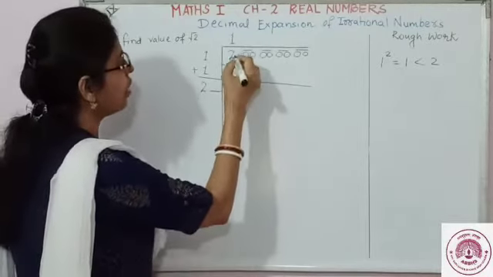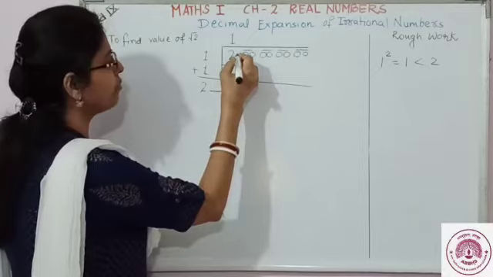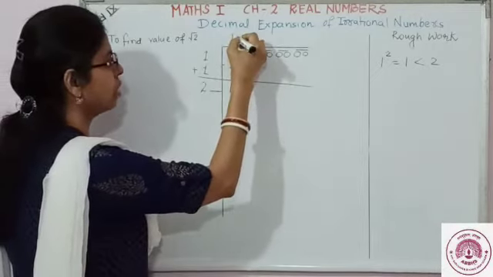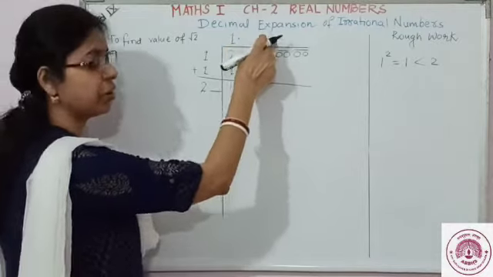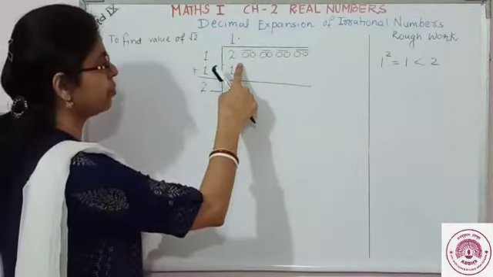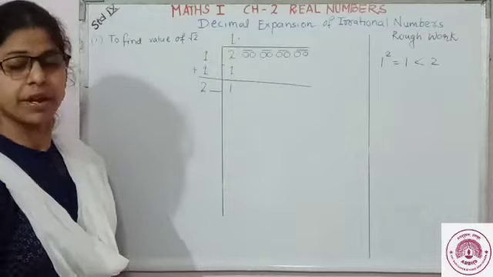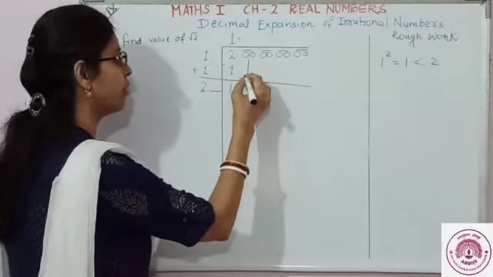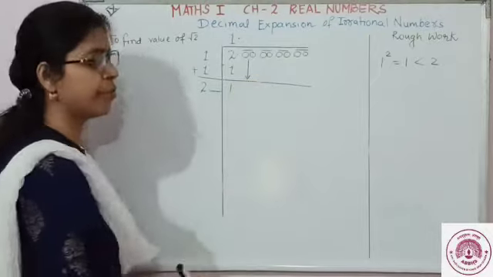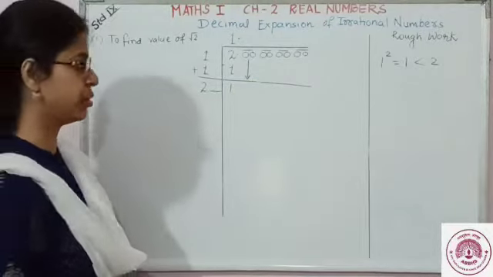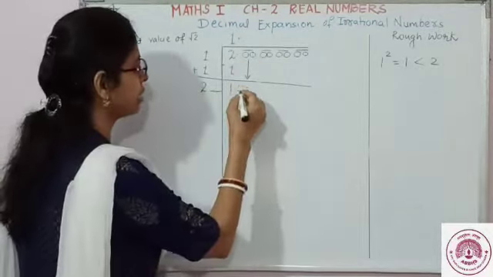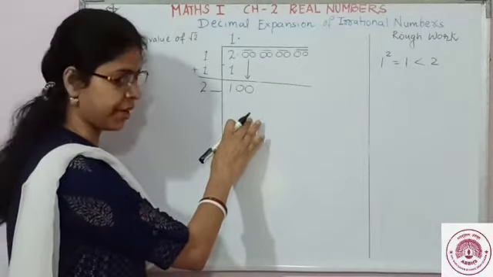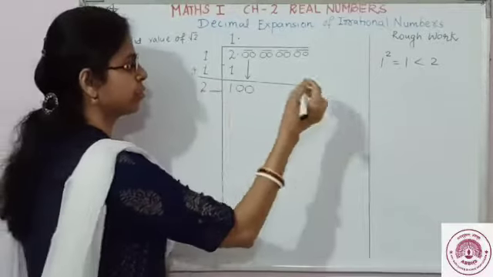Okay, so now after this 2, what do we have here? We have a decimal point. So we'll shift this decimal point with the answer, which is going to be here. Okay, so the decimal point is shifted here. Now bring down the first pair of 0. Now here we will be bringing down the pairs and not a single digit. Fine. So the first pair, that is 0, 0. So what is the number here now? It is 100.